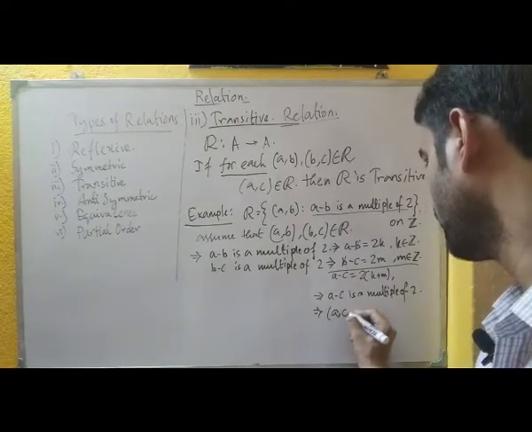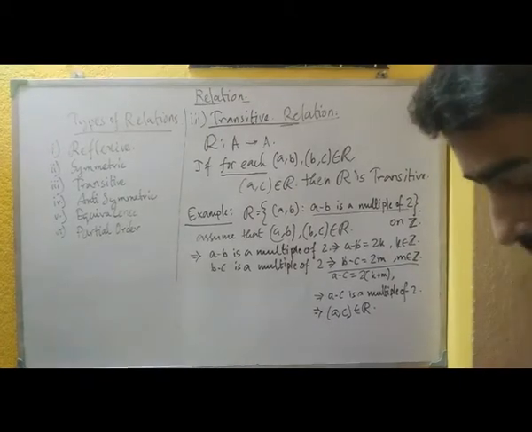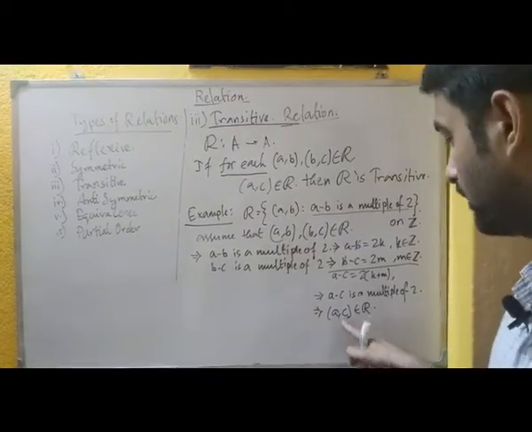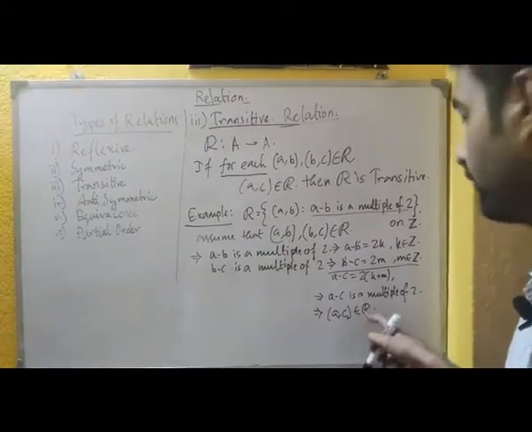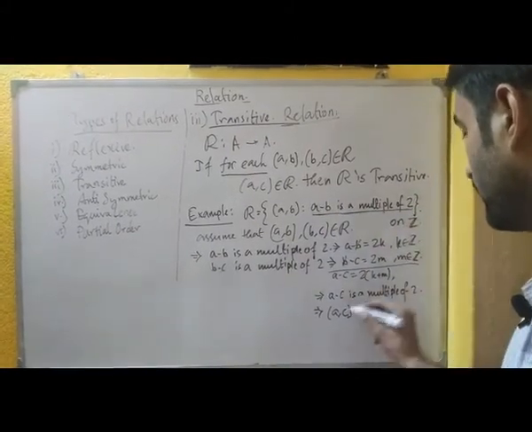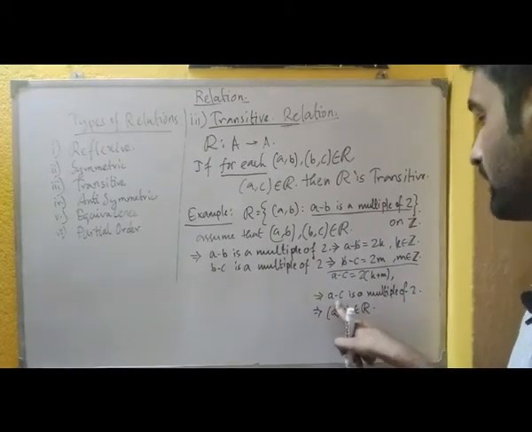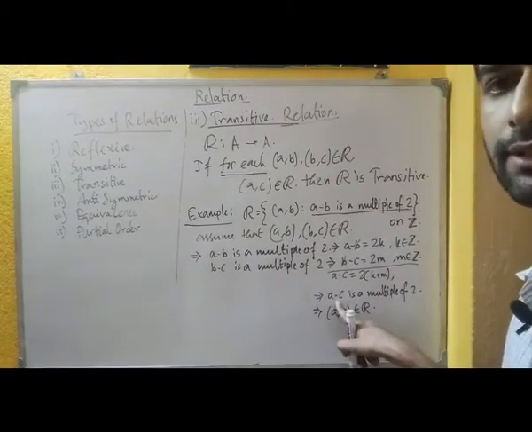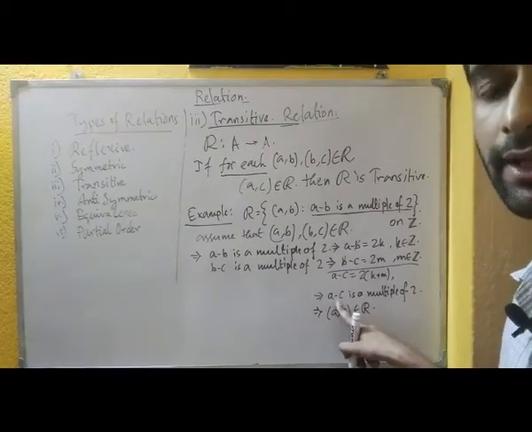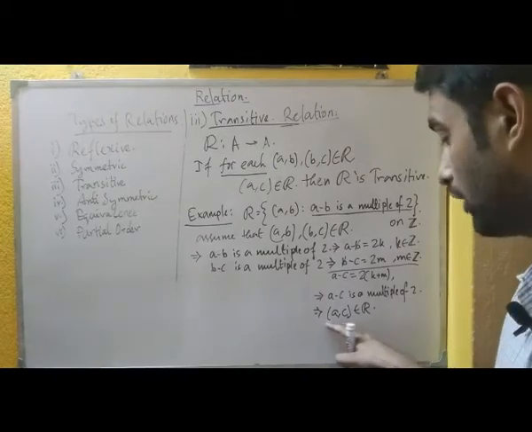So we can say that the ordered pair (A, C) is belonging to R. Whenever we have to check whether some element is in the relation, we have to verify whether the building criteria for the relation is being satisfied or not. Here we can see the building criteria for this relation is satisfied for the element (A, C), so that's why we can say that (A, C) is belonging to R.